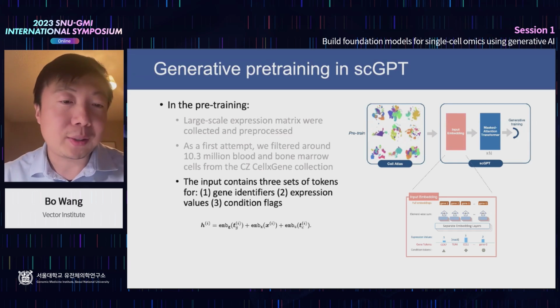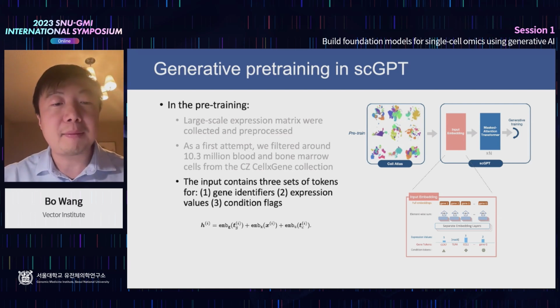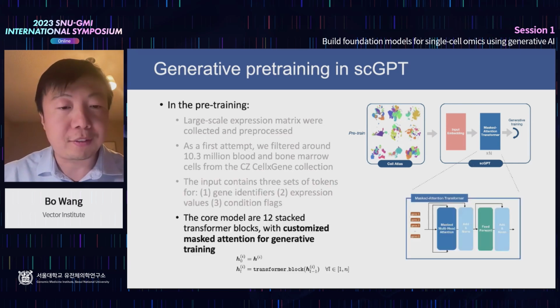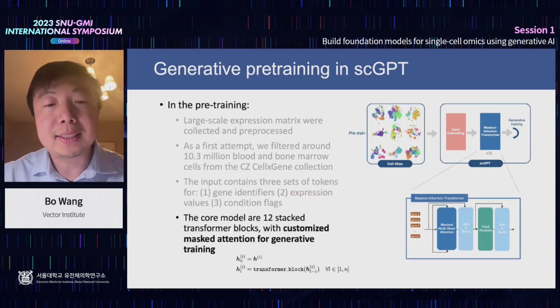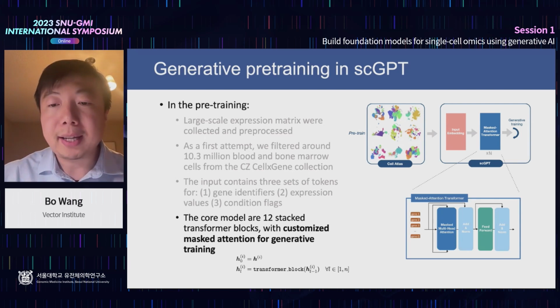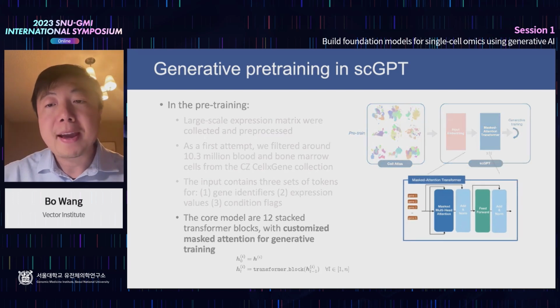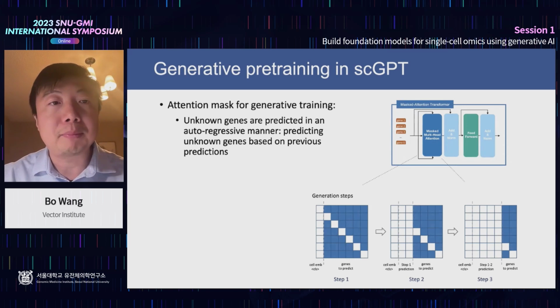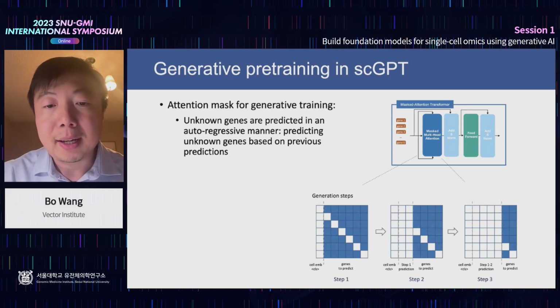And once we have these 3 sets of inputs and we tokenize them, we add them up as the input to multiple layers of transformers. As I mentioned, the algorithm behind most foundation models is basically transformer blocks. And same for our scGPT, we have multiple layers of transformer blocks. And specifically, since we are doing generative pre-training, the way we use generative pre-training for scGPT is really an innovation we made